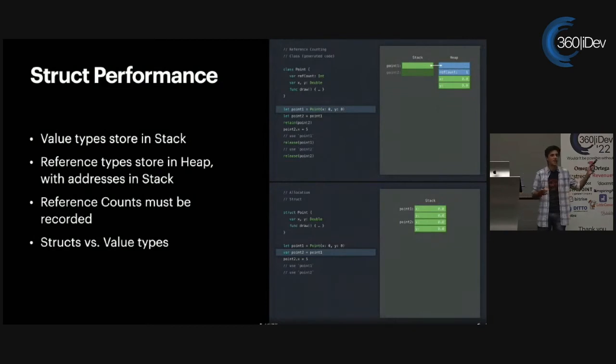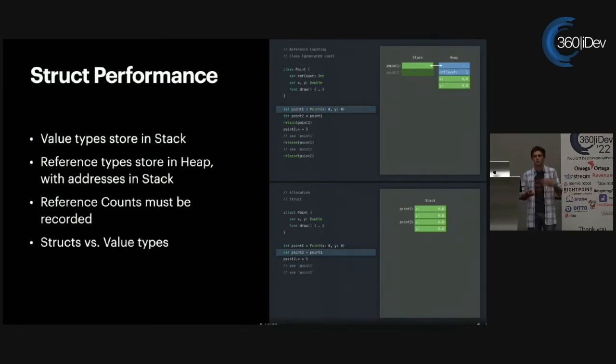And how does the performance of that work? Value types are stored in the stack. That means that they are much, much faster to access. Whereas reference types were stored in the heap, and then you had links to them in the stack, value types are simply stored in the stack to begin with, and that makes accessing them so much easier.